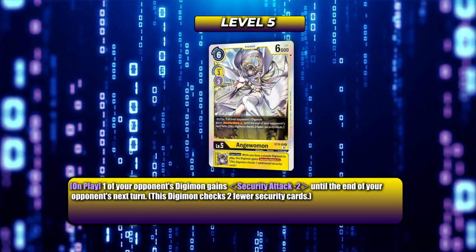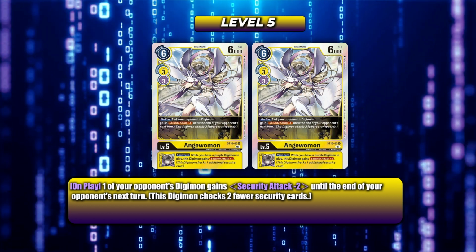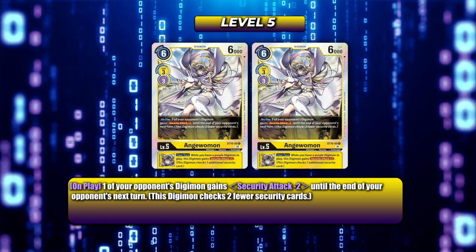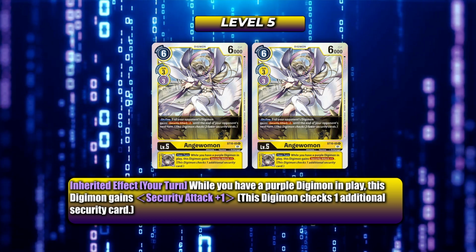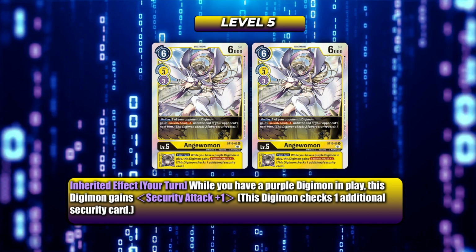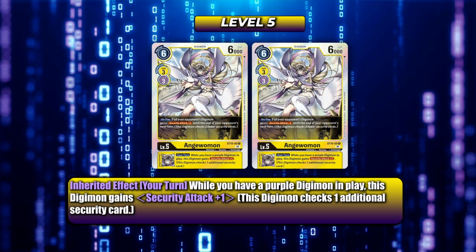Speaking of being aggressive, that's why we're running a 2 of the Angelwoman from the starter deck 10. This has an on play, one of your opponent's gets sec -1, so this also is another way to stall your opponent from becoming aggressive so they can't swing. And it also has an aggro inheritable effect saying while you have a purple Digimon in play, this Digimon gets sec +1. And sec +1 is important because you kind of need to get into the game if you're falling behind, and this is the only way Mastemon can get its sec +1,